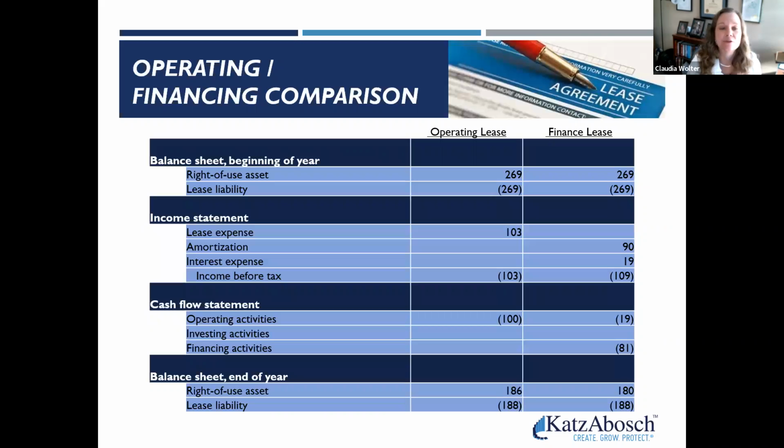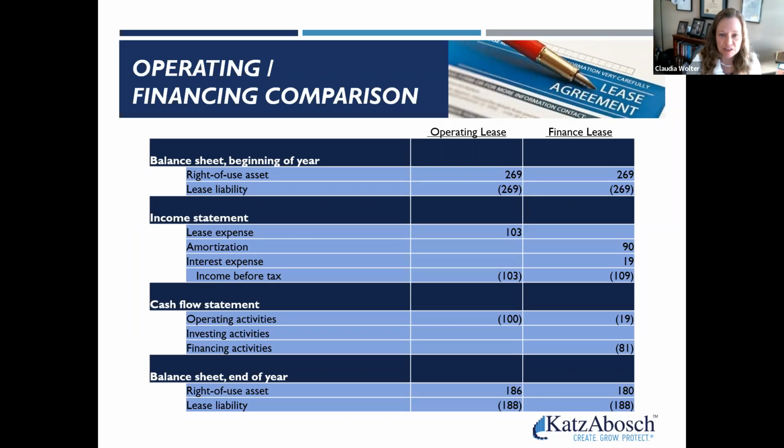Okay, so the next slide goes through the comparison of those two scenarios, so you can see the difference between an operating lease and a financing lease for the identical asset. Now, when we say it's a financing lease, what we would have to assume in that case is, let's say there was no alternative use for that asset. So now we've concluded there's no alternative use, so we're going to record it as a financing lease. But just generally speaking, this is how the differences impact your financial statements.